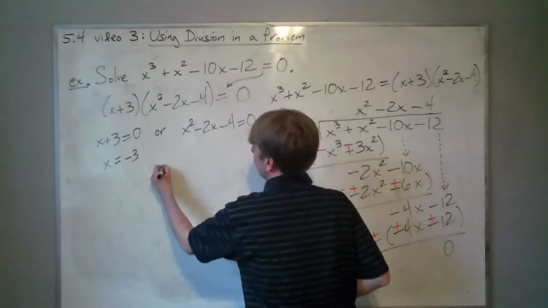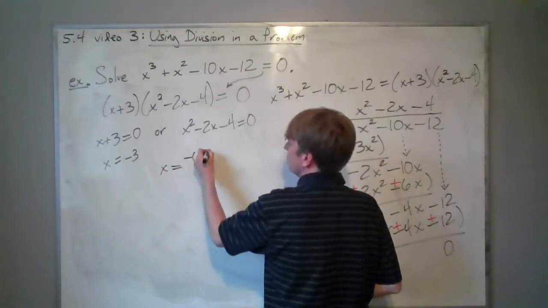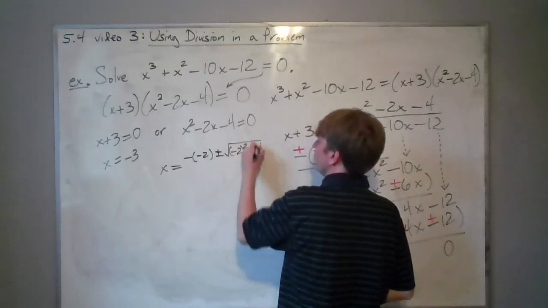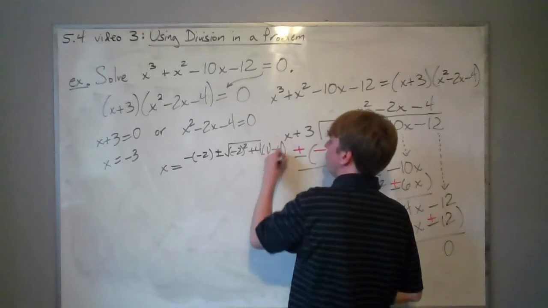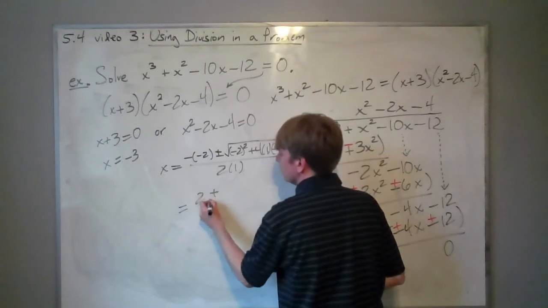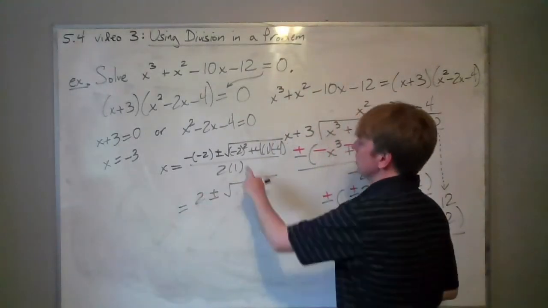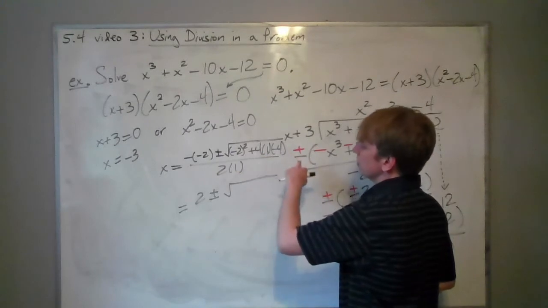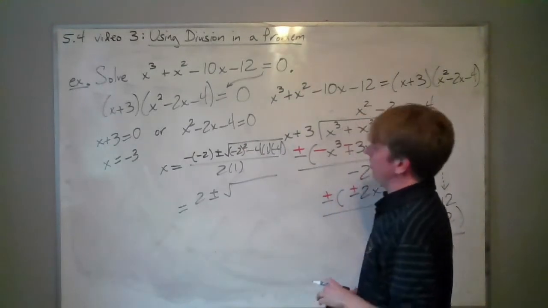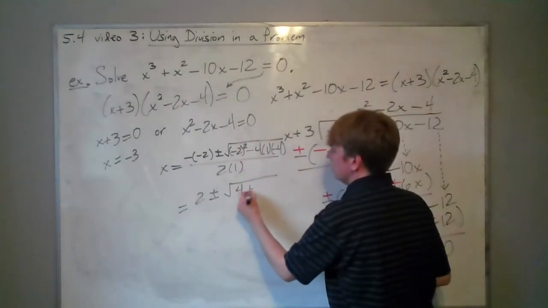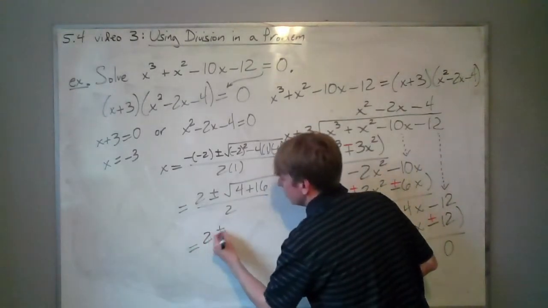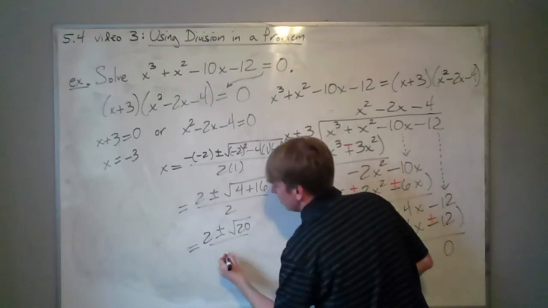X is equal to minus -2 plus or minus the square root of -2 squared plus 4 times 1 times -4, all divided by 2 times 1, which I think is 2 plus or minus, let's see, this is 4 minus, oops, sorry, need to write my quadratic formula down, right? 4 plus 16 over 2, which is 2 plus or minus the square root of 20 over 2,